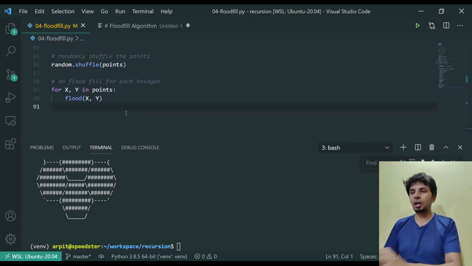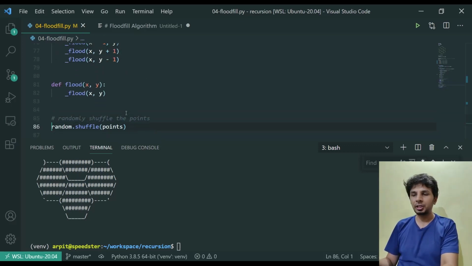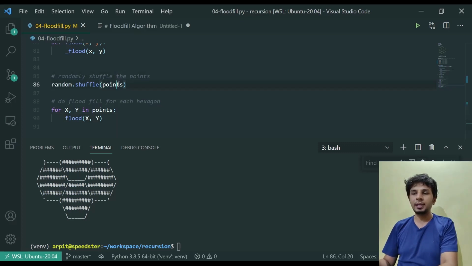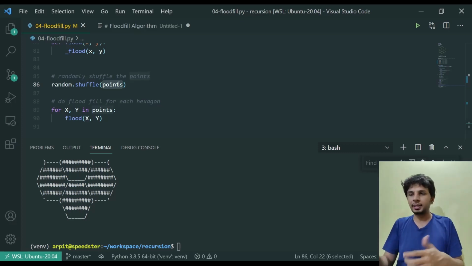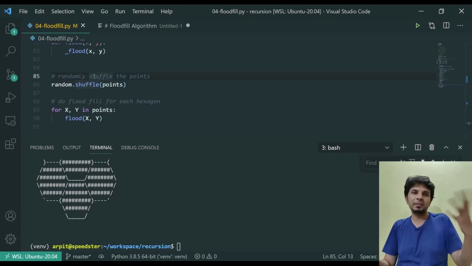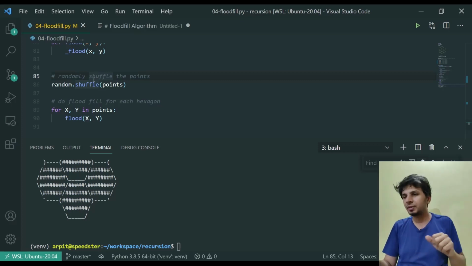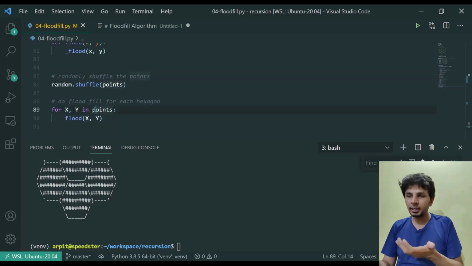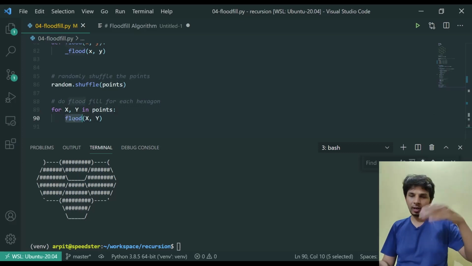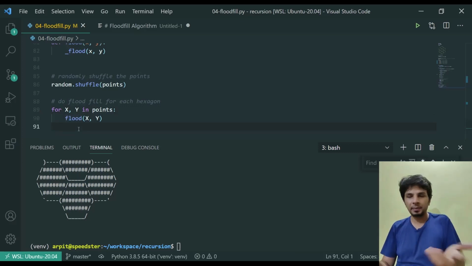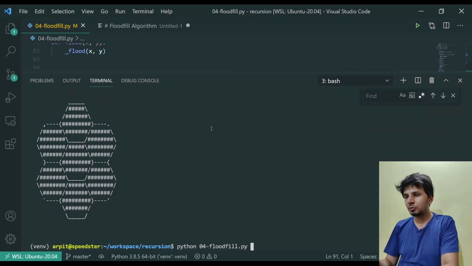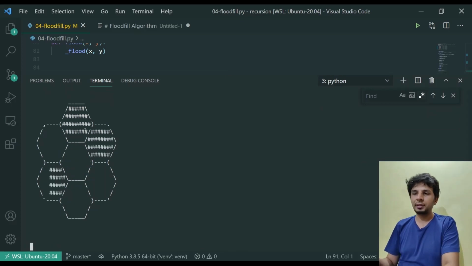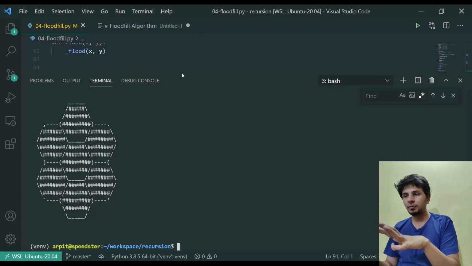So yeah, now after I've defined the flood function, the points that I defined were the points chosen at random for each of the hexagons. I've just done a random shuffle, so every time it starts with a random hexagon and then it flood fills it. And then for all the points one by one, I'm invoking the flood function, right? As simple as that. So when I run this thing, you'd see the demo, or the output which we saw some time back, where it started with this, then went here, here, here. This is chosen at random, but within it, it is filling with the recursive flood fill algorithm which we saw just now.